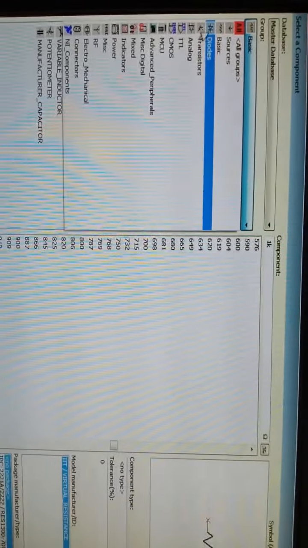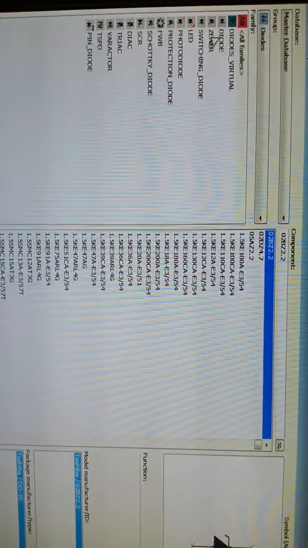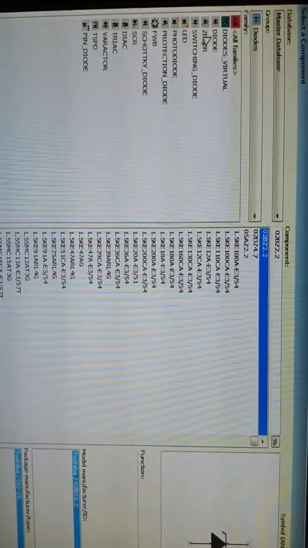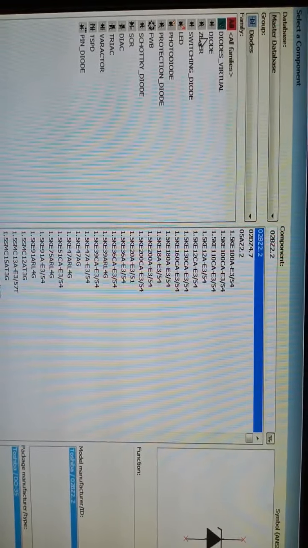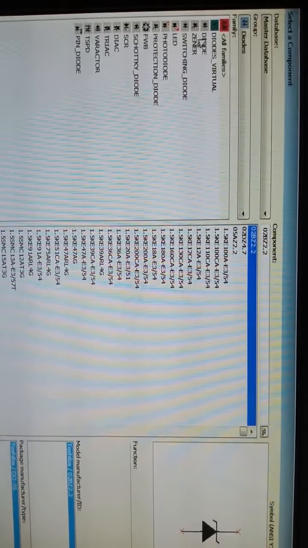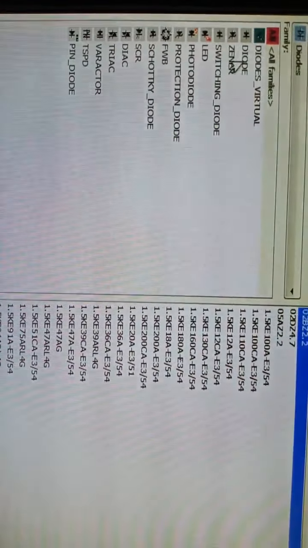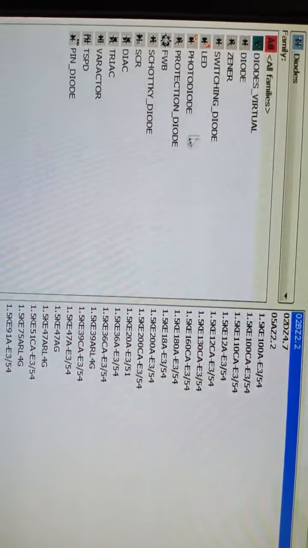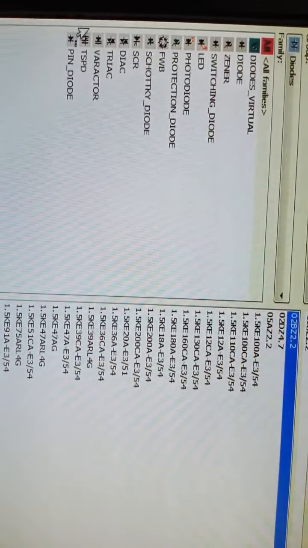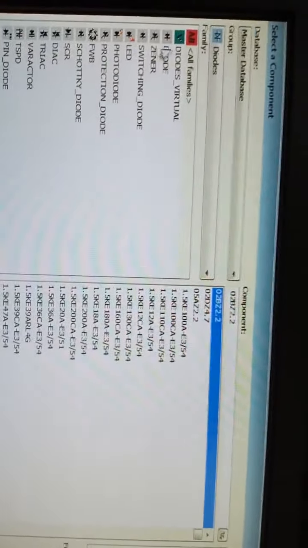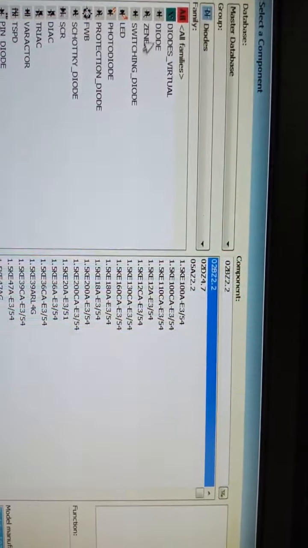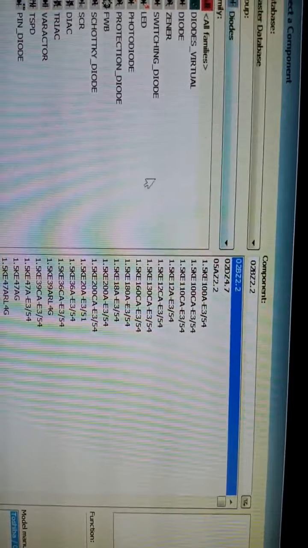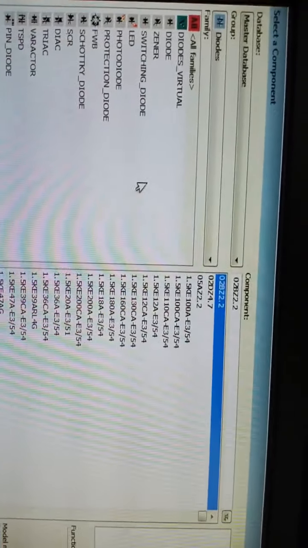Now if you want a diode, obviously first we are going to construct a half wave rectifier, full wave rectifier and bridge rectifier. For a rectifier we need diodes. You can select an ordinary PN junction diode, Zener diode, or switching diode. All these diodes are here. When you want to select a diode, there are many numbers too, and according to the number you can select.